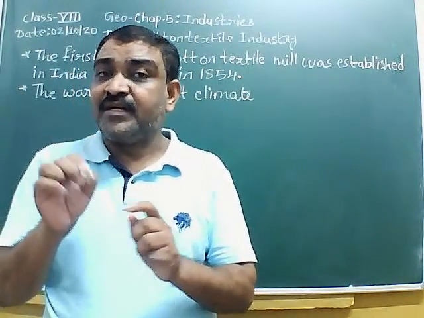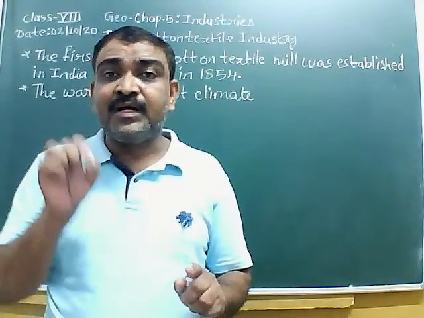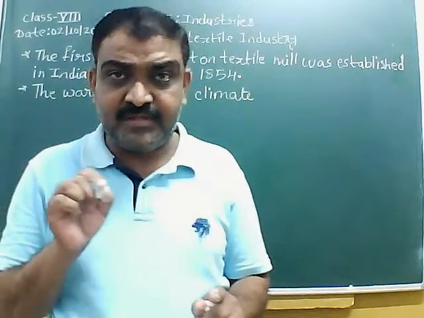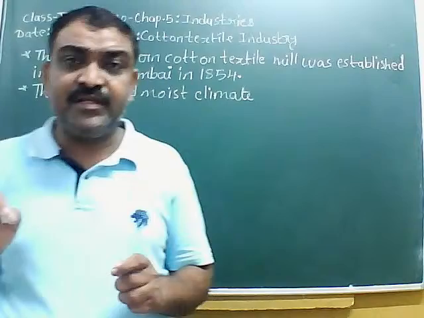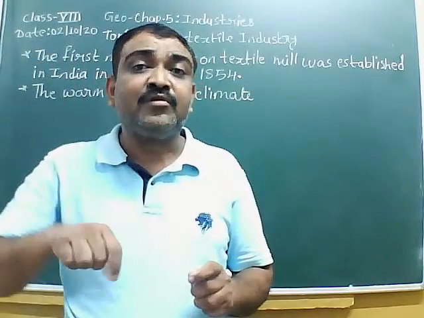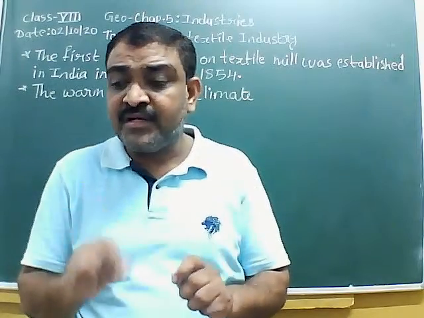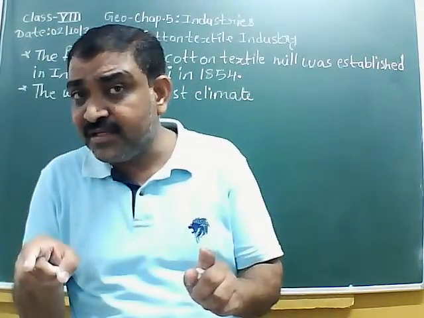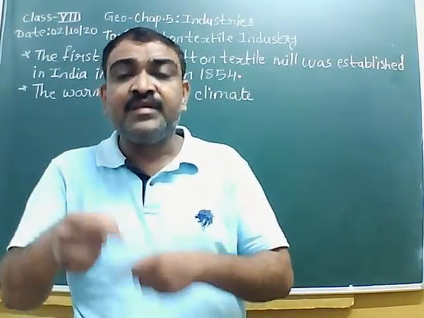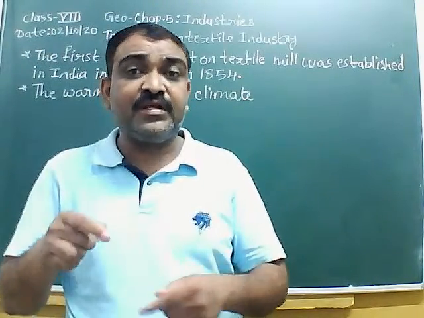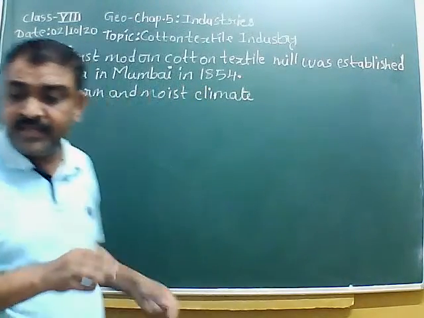ठीक है, ठंड ज्यादा नहीं पड़ती थी, टेम्परेचर लगभग मॉडरेट था, और मॉइस्ट मतलब हवा में हमेशा क्या है? नमी है. ठीक है, नमी मीन्स मॉइस्चर कंटेंट ज्यादा रहता है समुद्र के किनारे, जिसके कारण कॉटन का जो फाइबर है वो फाइबर नमी के कारण टूटता नहीं है. Okay, so that is the advantage due to which more number of cotton textile mills grew up after 1854 in Mumbai. Okay, so the warm and moist climate, then